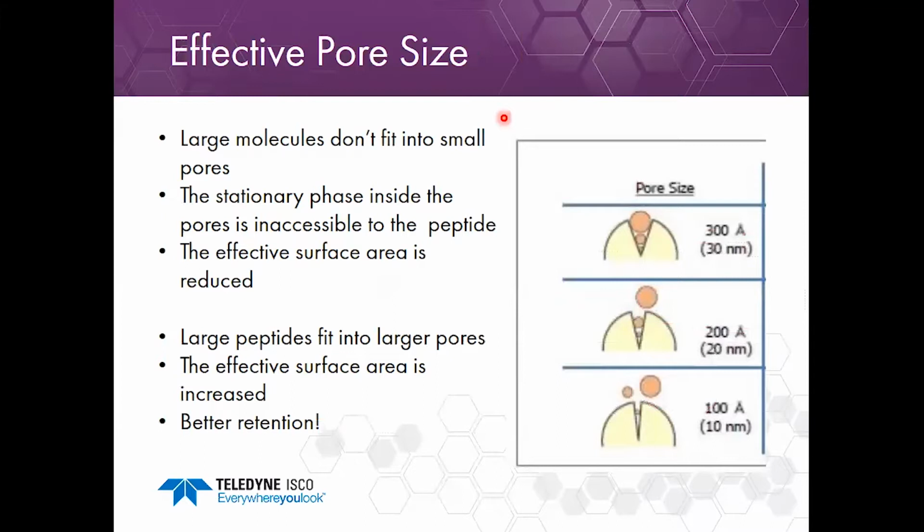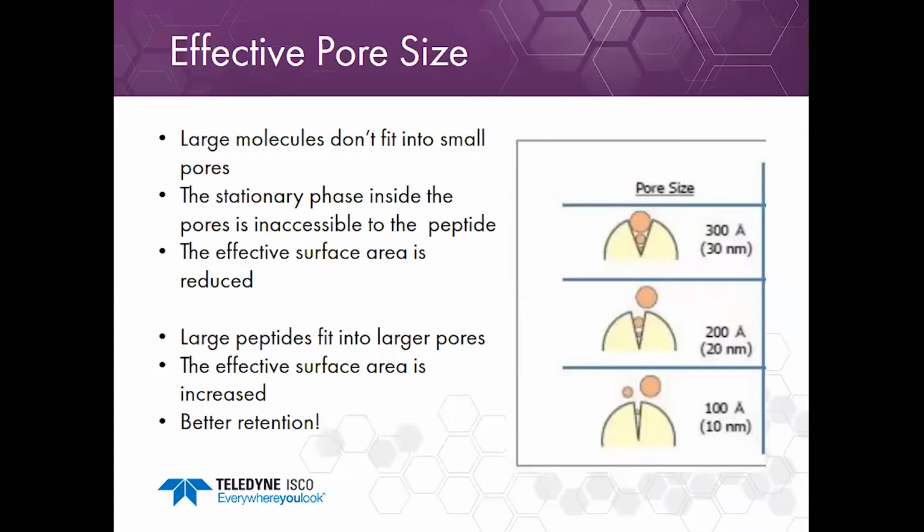Large molecules don't fit into the small pores. The stationary phase inside the pores is inaccessible to the peptide, and that means the effective surface area is reduced. When I say effective surface area, that is the surface area that is available to come in contact with your molecule and is useful for purification. Pores that are too small, that part of the column might not exist as far as the peptide is concerned,